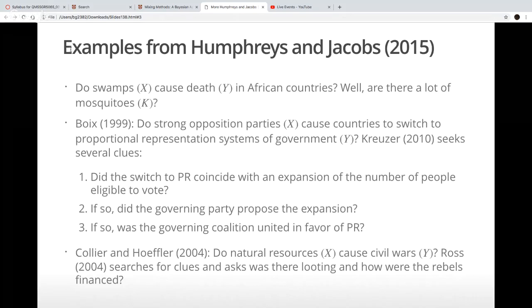So if, for example, you had an observation, like a village or whatever with a lot of swamps nearby, and people were dying left and right, but there were no mosquitoes, or not many mosquitoes, or you didn't see that many mosquitoes when you went and looked at it,